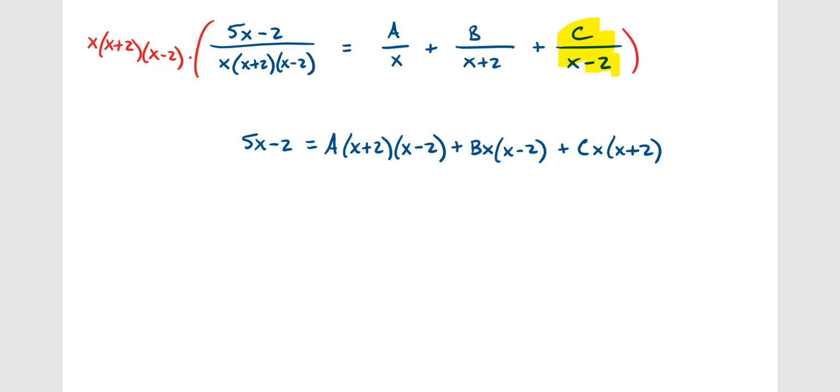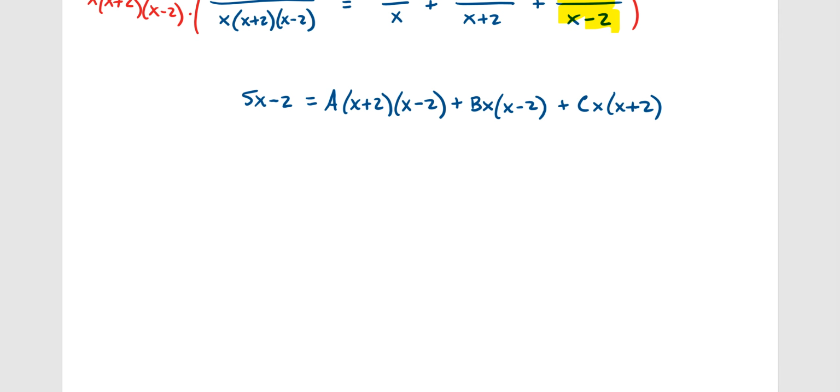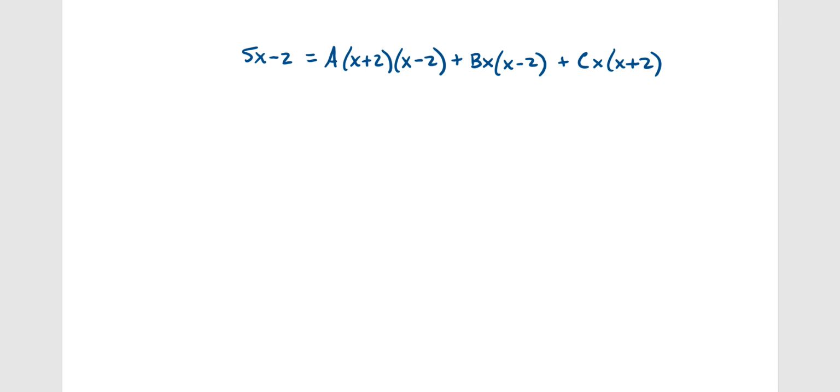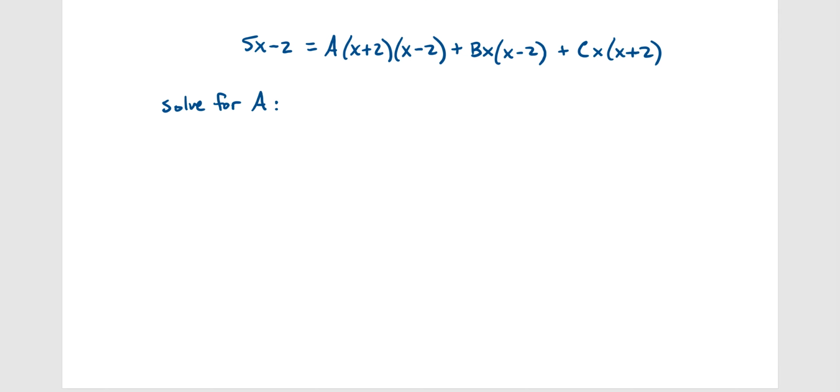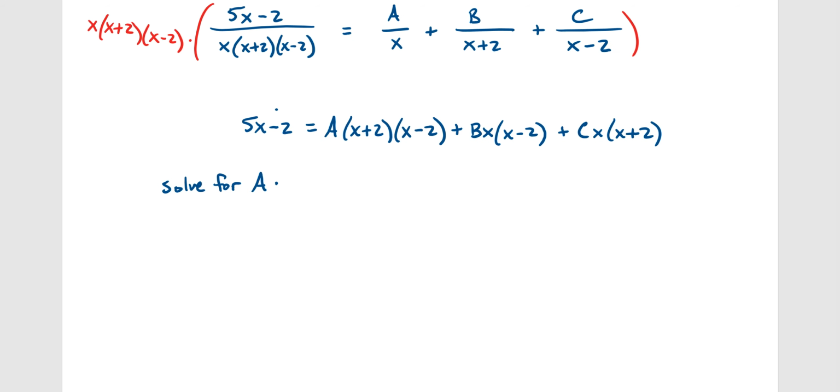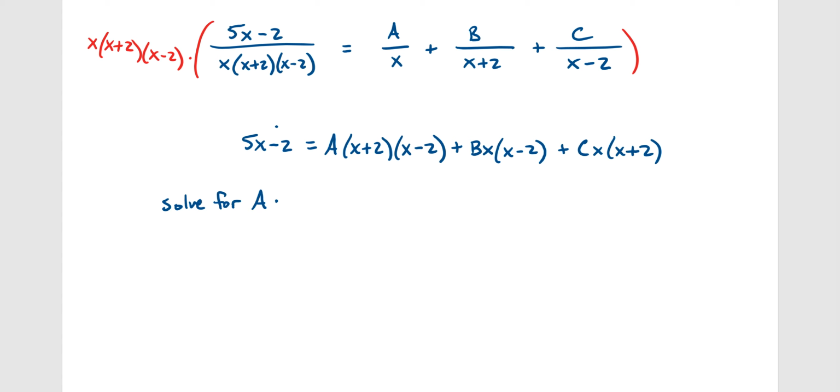Okay, so kind of messy here, but now we just do the same exact thing that we did before. Let's start by solving for a. What we have to plug in for x in order to find a is the 0 from a's denominator, which is x equals 0. So if we let x equal 0 here, that's going to end up being 5 times 0 minus 2 on the left